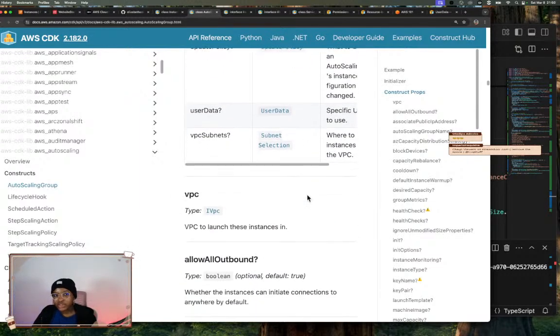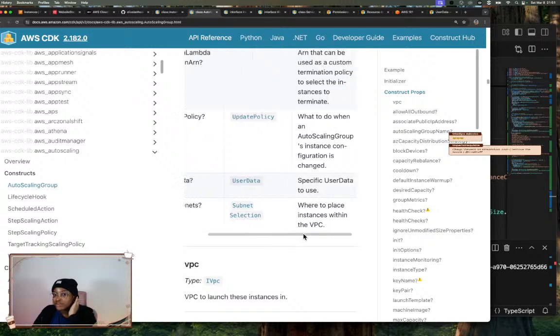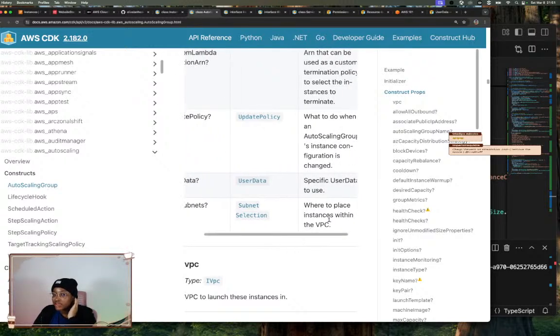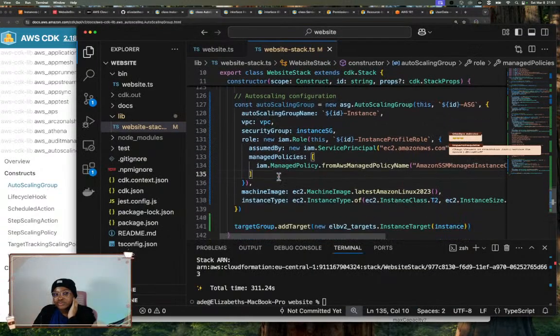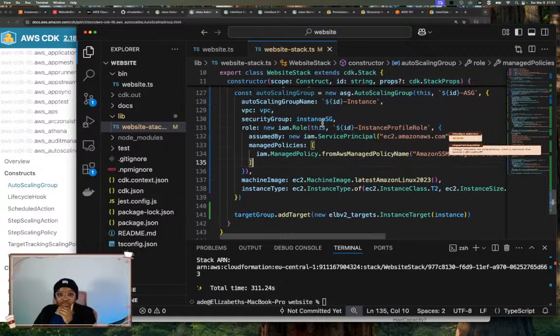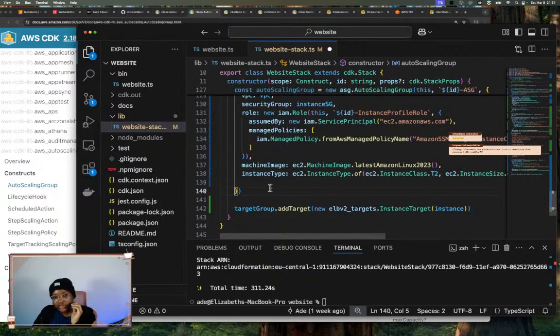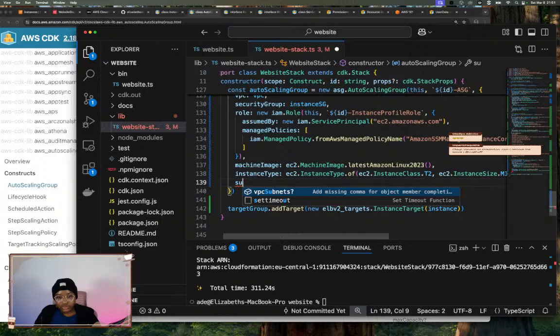For me particularly, I want to say which subnets I want it to work in, where the instances should be placed in the VPC. Here we just add the VPC. We didn't specify. We have the security group, yeah, but we didn't specify. So we need to set which subnets. We should have actually done that for our EC2 instance too. Maybe we'll do that. But the subnets that we want,